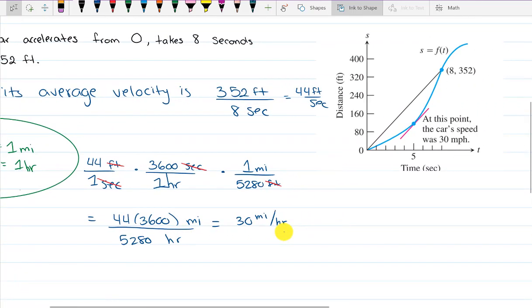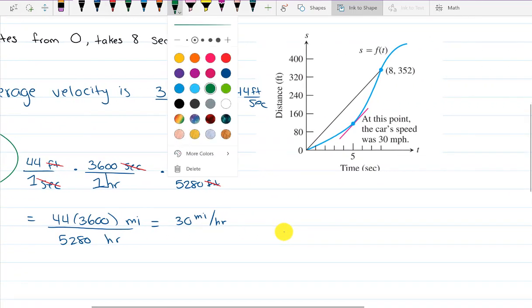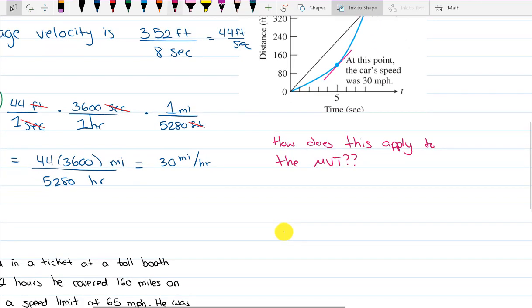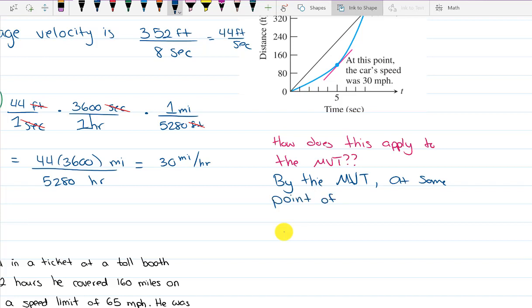So the question is, how in the world does this apply to the mean value theorem? That's the big question. Well, the mean value theorem tells us that by the mean value theorem, we know that at some point of time in the 8-second interval,